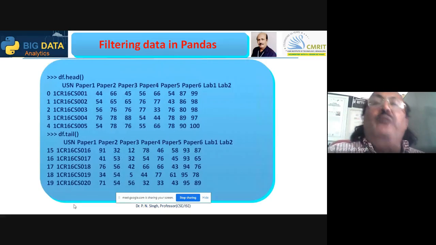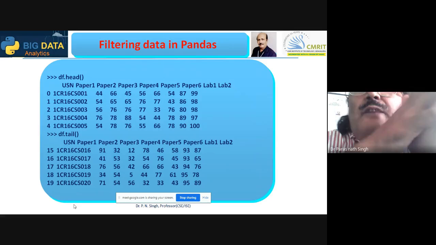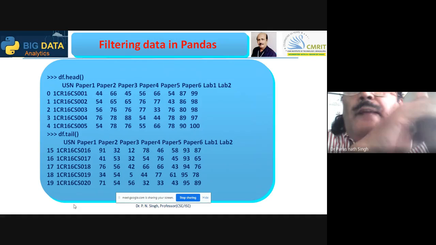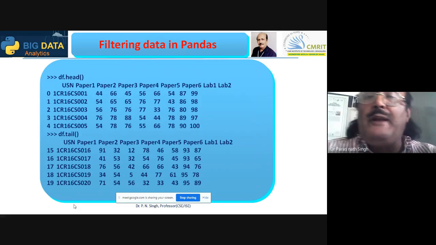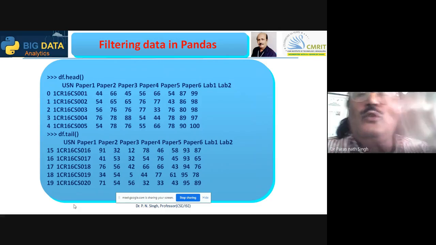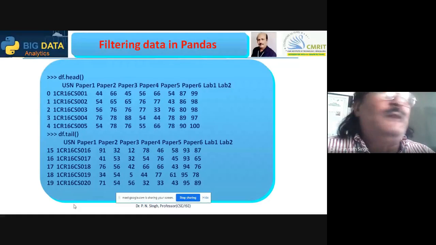Now we have to filter, or the filtering is the main part of the analytics. So the first simple filter is given when you are giving the head. So df.head, beginning from the data frame, by default will be displaying the 5 records, and the tail will be displaying the 5 records from the last. So it is okay, head and tail. I think in previous slides we have discussed, but we have to filter with some conditions. So moving to the next slide.